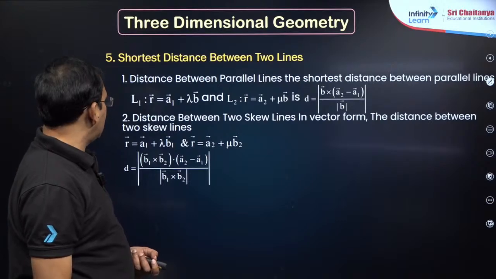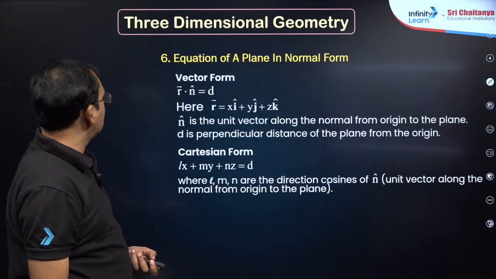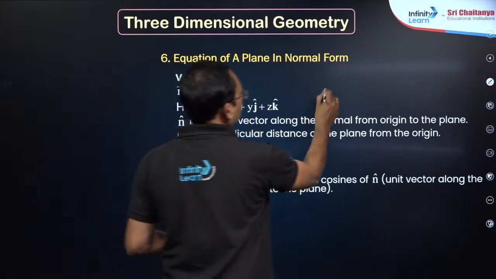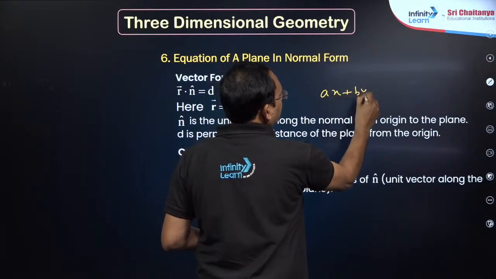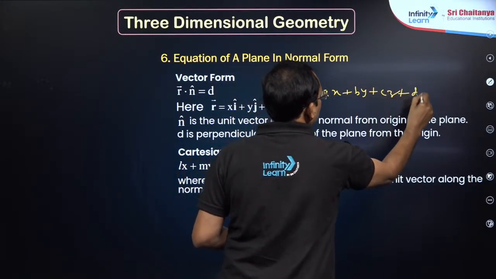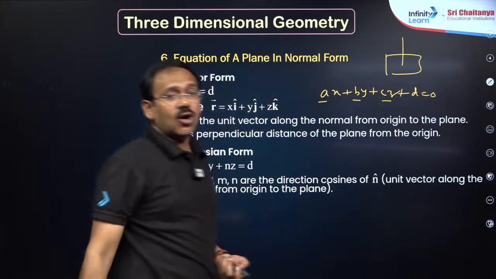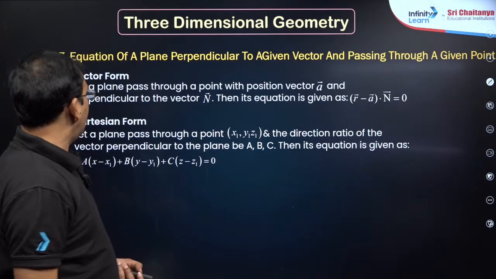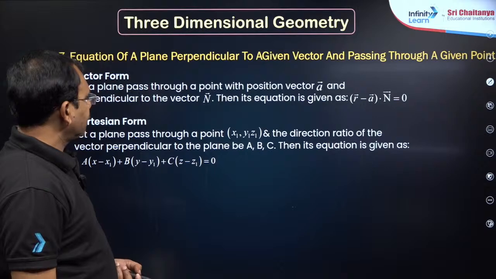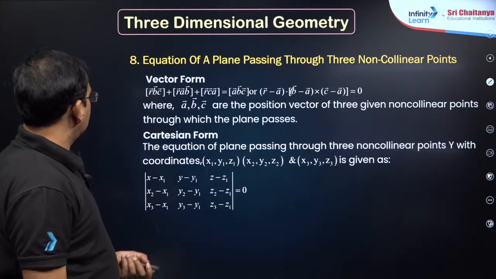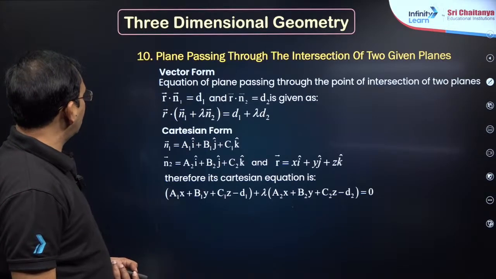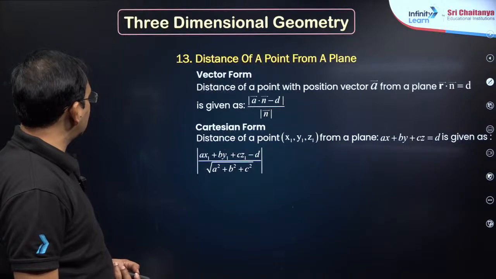And if you are given the equation of a normal, my dear friends, most important: equation of the plane is given as ax plus by plus cz plus d is equal to 0. Do remember, a, b, c denote the DRs of the normal, dear students. Okay. Next, this is all general points only. So you can try these questions, dear students.